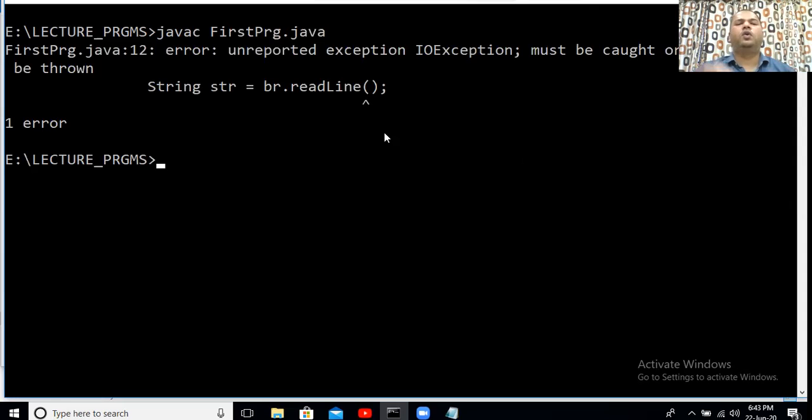Okay. So this particular error is related to the topic called exception handling. And yes, this is part of our course. Exception handling is a very important and integral part of our course, which we are going to cover in detail in coming sessions.